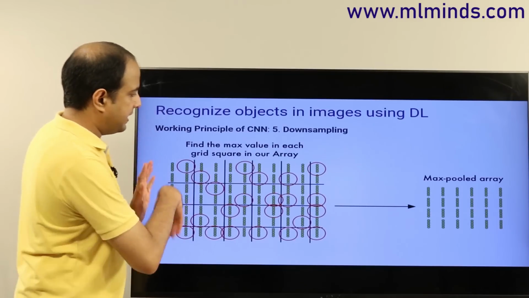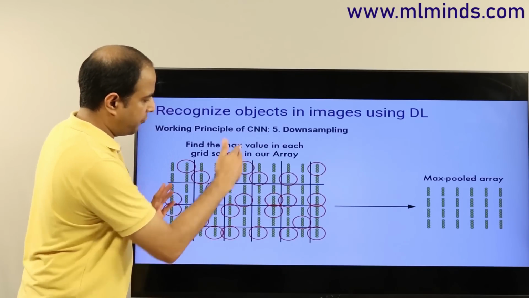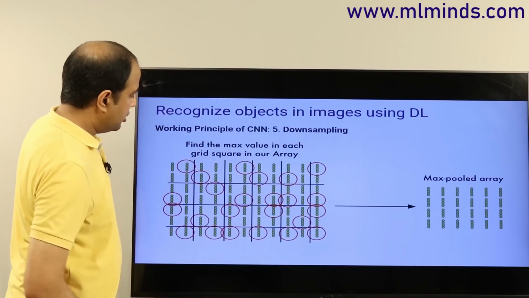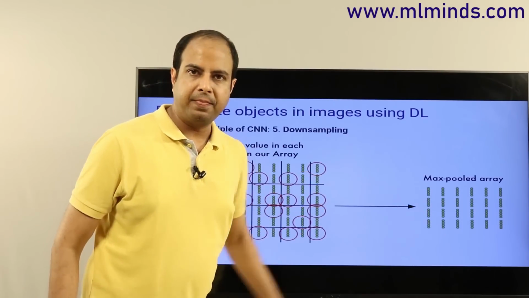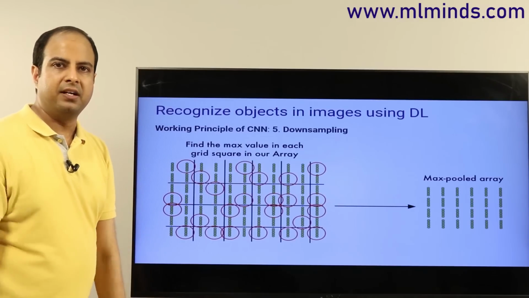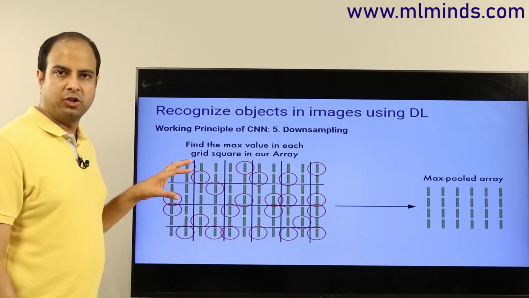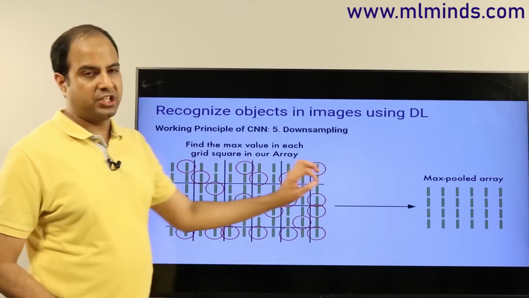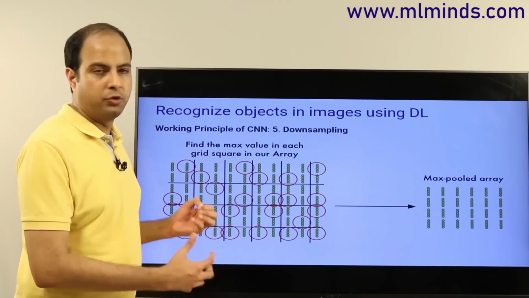So for example, you could take this output array and partition it into various tiles, and with each tile, you just take the maximum number. Now it might seem a little non-intuitive, why would you just take the maximum number? But the idea is that whatever operations you do, you want to retain those operations and keep them in your network. So at test time also you would do the same thing.